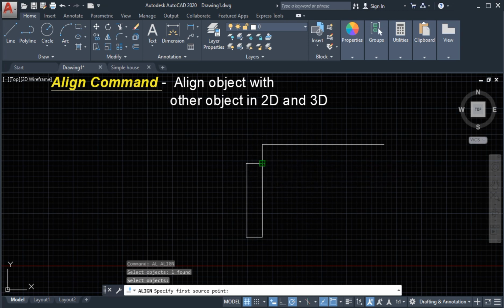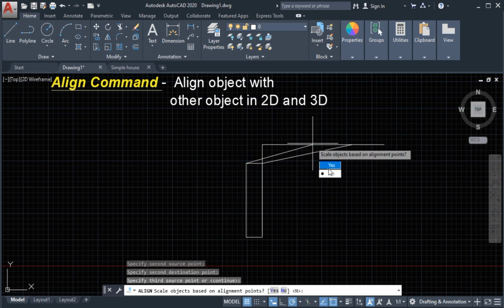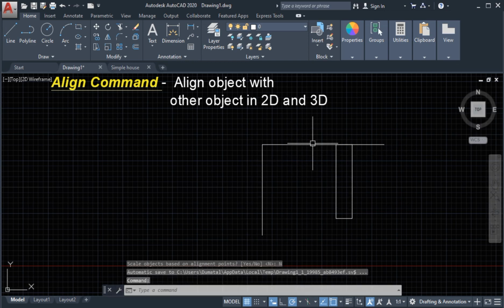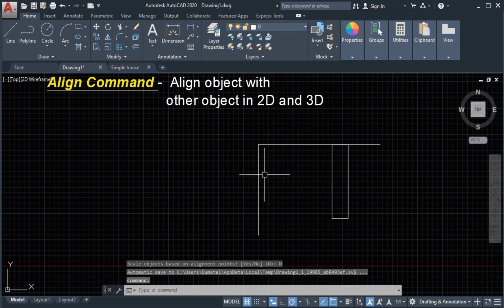So we'll select this one from here, and our second source point will be here. Enter. Then scale object based on alignment point, we'll select no. So we aligned the object in this way.